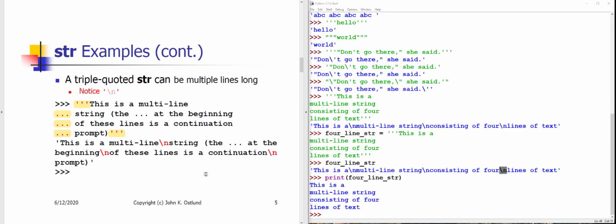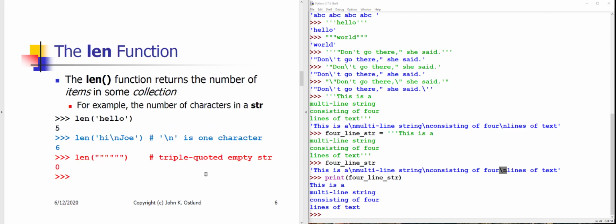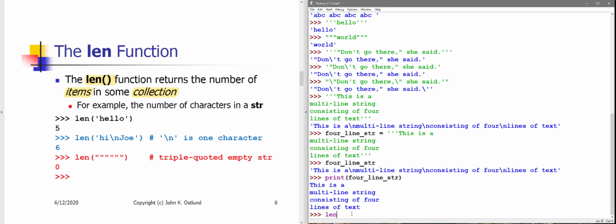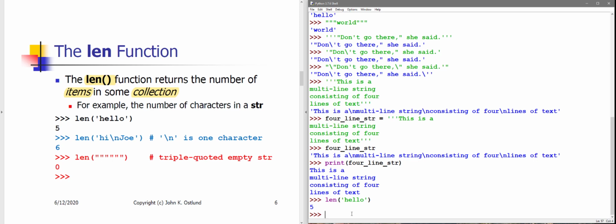Okay, so when we're defining strings, we can use either a pair of single quotes, or a pair of double quotes, or a pair of triple single quotes, or a pair of triple double quotes. We can find out how many items, in the case of a string, how many characters exist within a string. In general, we can find out how many items exist within some collection by using the len function. So if I ask for the len of the string literal hello, that string contains 5 characters. If I ask for the len of hi new line Joe,